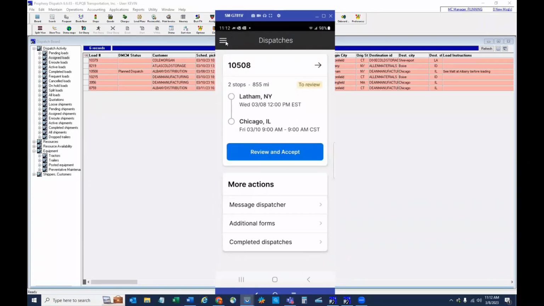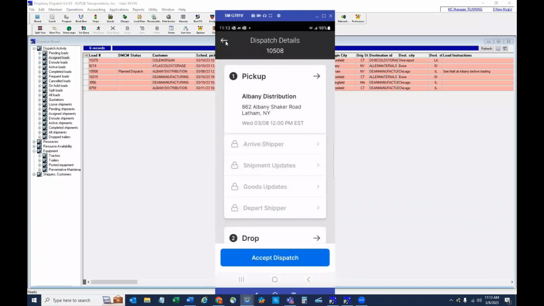I can see there's 2 stops, which consist of a pickup in Latham, New York, the day, the date, and the time when it's supposed to be picked up. I can see where it's going to, Chicago, Illinois, and when it's supposed to be delivered. I can then come in and review the information on the load. So I'll just tap the arrow,